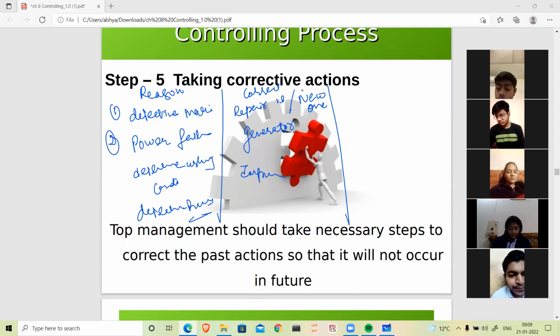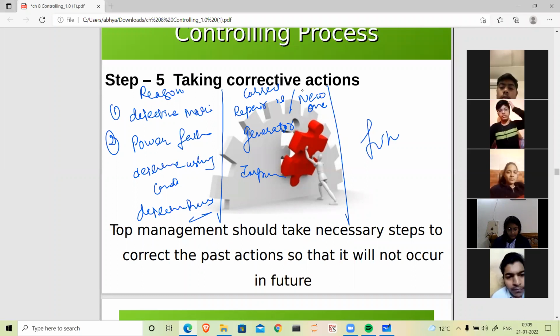और ये सारे मेथड्स बेटा जो ऑन द स्पॉट आपको रियल लाइफ में डिसीजंस लेने होते हैं, they are not mentioned in the books. That depends on your decision making power कि उस टाइम आप क्या डिसीजन लेते हैं. So all these steps should take necessary steps to correct the past action, so that this step is basically related with the future, क्योंकि अभी जो गलती हो गई है वो हो गई है. Whatever the corrective actions we are taking, they are with reference to future, so that the same causes are not